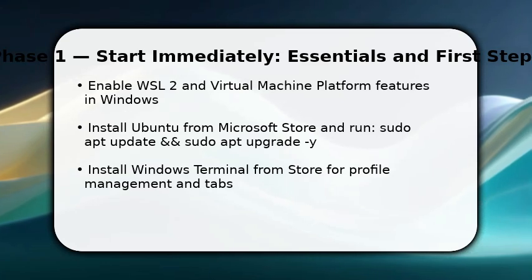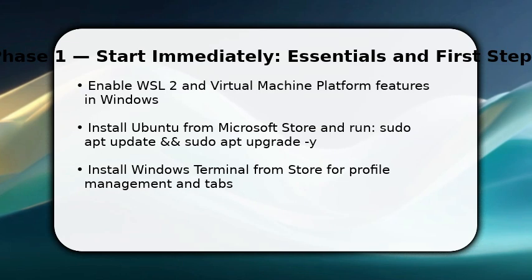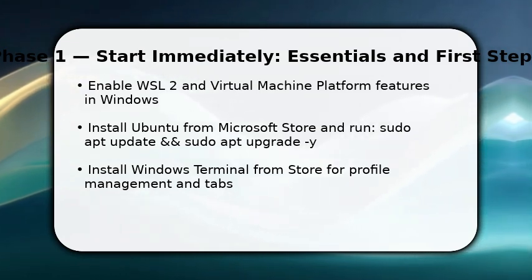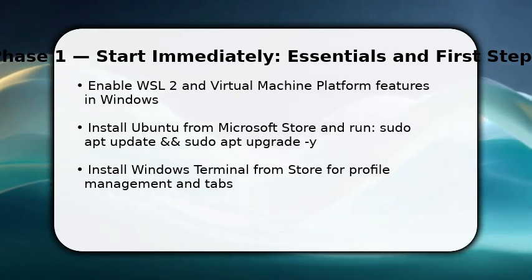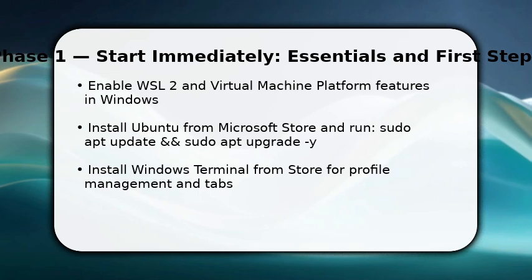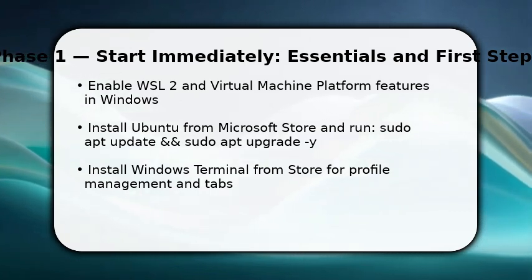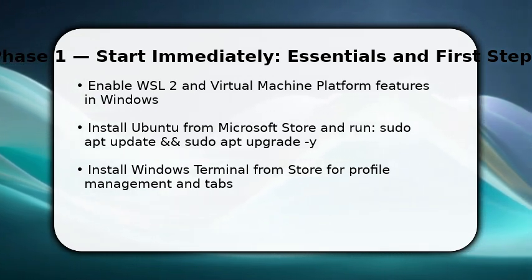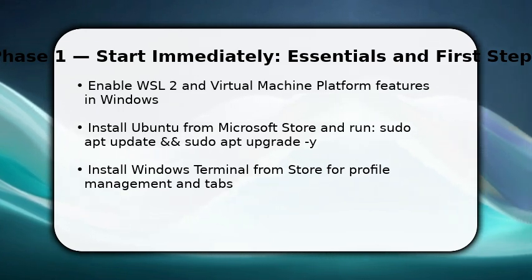You begin by enabling WSL2 and the virtual machine platform so Ubuntu runs fast and integrates with Windows. Next, install Ubuntu from the store, launch it, and run sudo apt update and sudo apt upgrade -y to get current packages. Then install Windows Terminal. This gives you a modern host for tabs, themes, and profiles. Once done, make sure your Ubuntu user is created and test a simple ls and echo $SHELL so you know